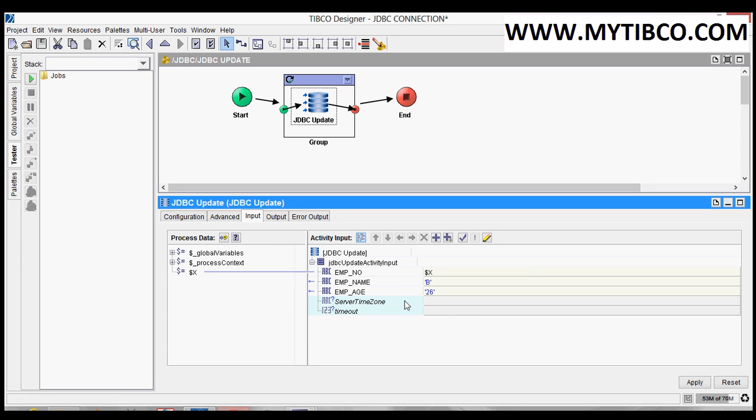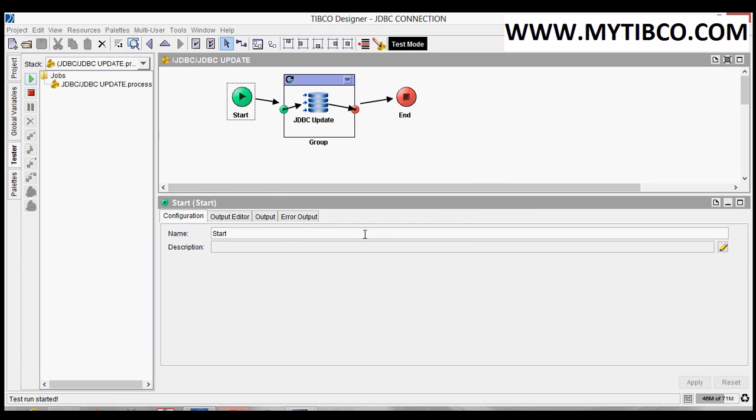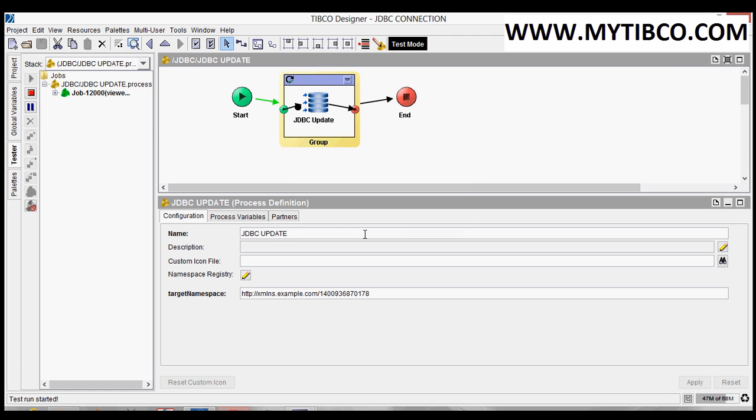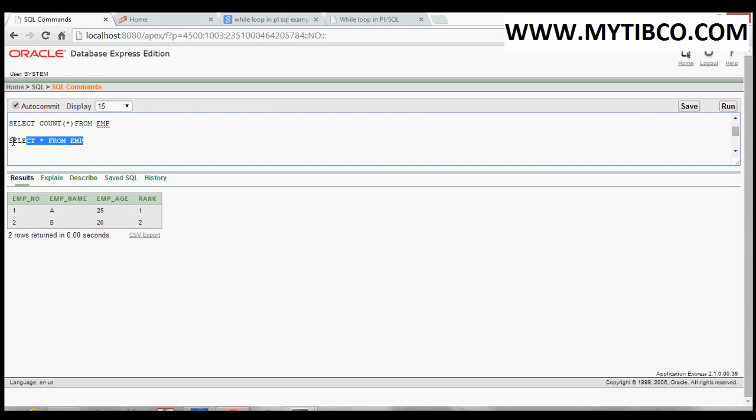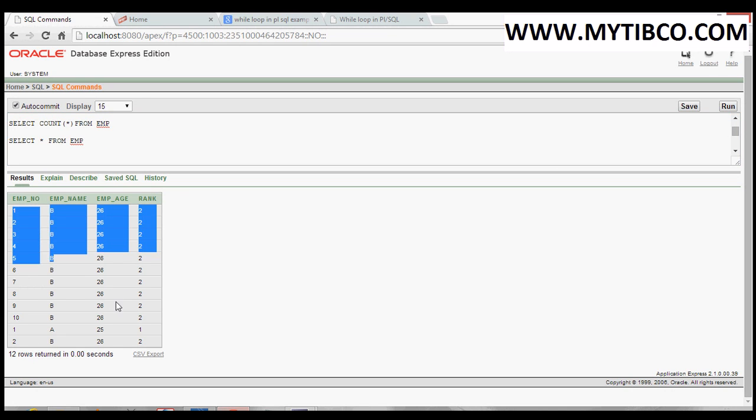Click on apply. It executed 10 times. Let us see the data in the employee table. Now it has 12 records, because we have executed the grouping activity 10 times.